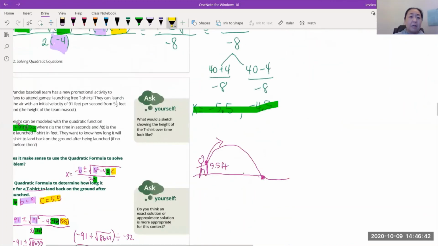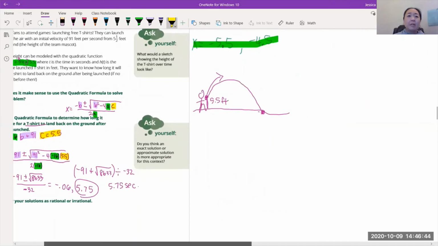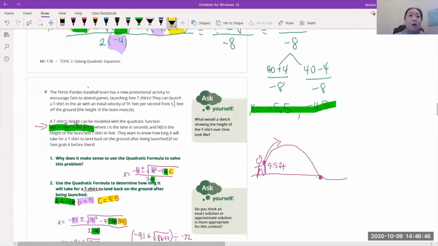Another practice that we did was this one right here. If you look at this, Paris Pandas baseball team has a new promotional activity. Remember, they're throwing t-shirts. Do you like my drawing right here? So they throw it. Nobody caught it, it landed on the ground. And so what we're going to do is, if you were to imagine a